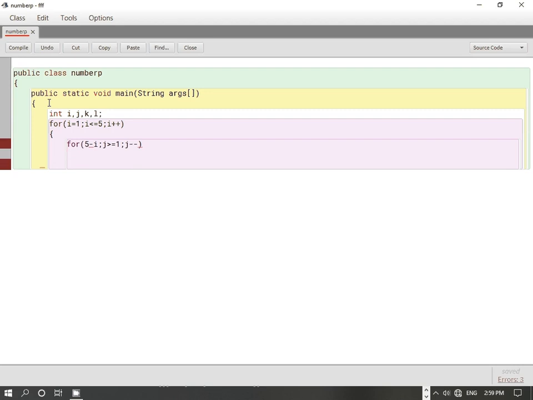Now we will provide the number of blank spaces. So System.out.print. Here we will not write println, because most of the time if you are a new user you are in the habit of writing println in all the programs. But here we will not write println, because now we are working on the first row, and if I write println then this will move to the next row and we will not get the desired output.